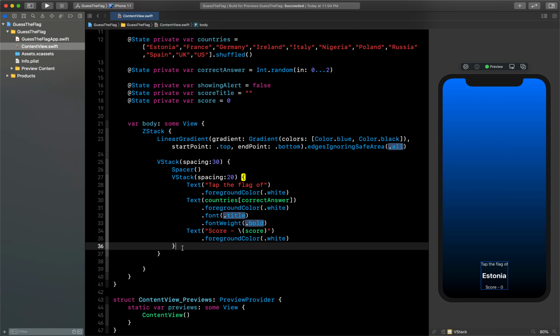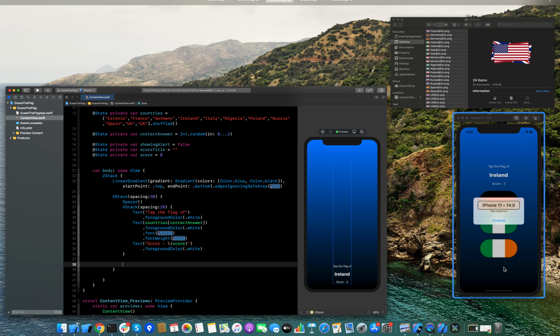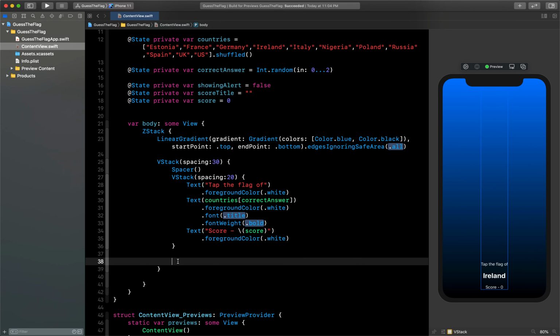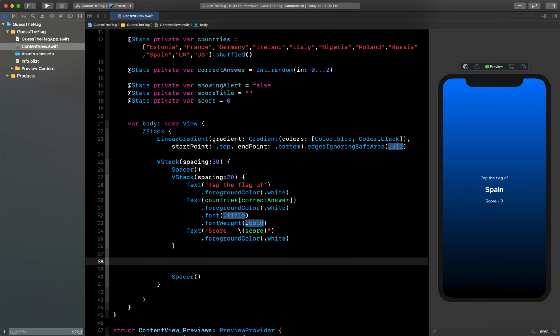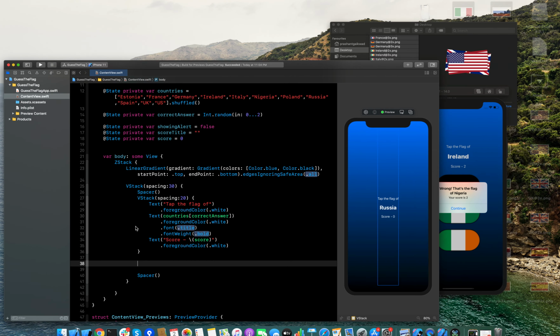So let's try to give some spacer and also add our views, which are the flags here, and below that we need to give a spacer. So let me first give a spacer here so that our views will push up to the middle, and now we can create our flag views here. You can see that flags will be 3, so every time it will be 3 with a new value, so we can use a for loop here.